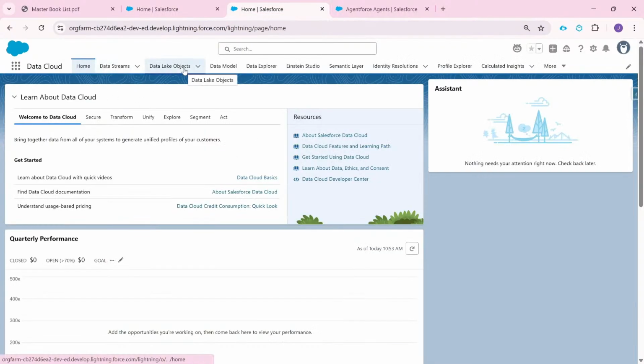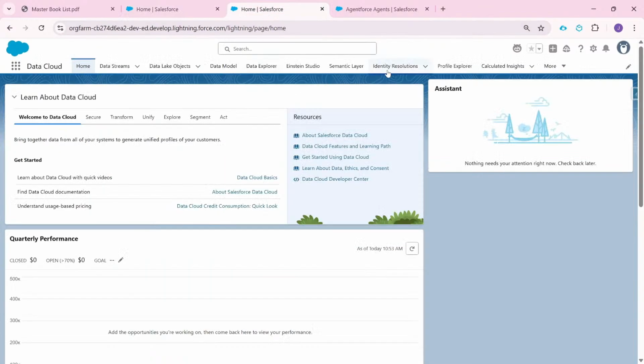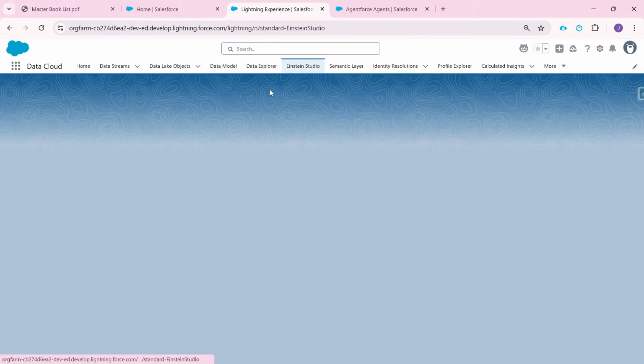From there it goes to the data lake object, from there into the data model object. Then we have the retriever created, which uses the search index query in this unstructured data. So all of that has already happened because I had uploaded this long back, and because of that the retriever is actually ready. So if I go to the Einstein Studio,